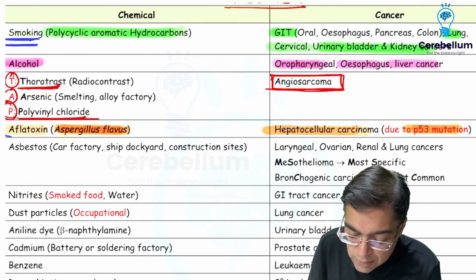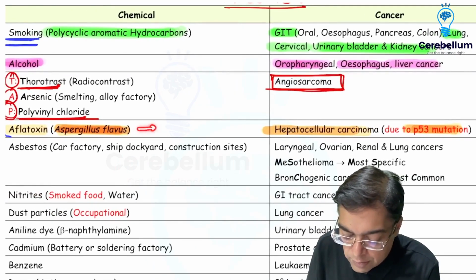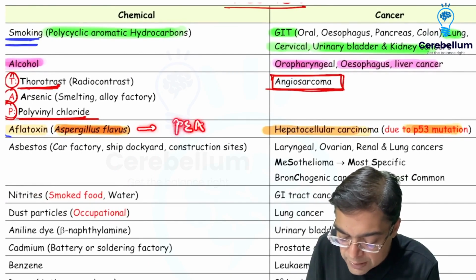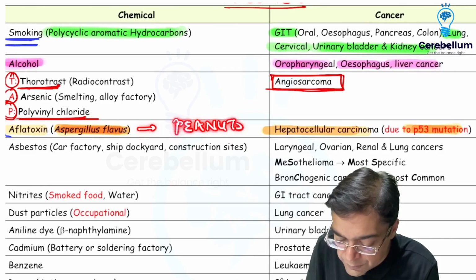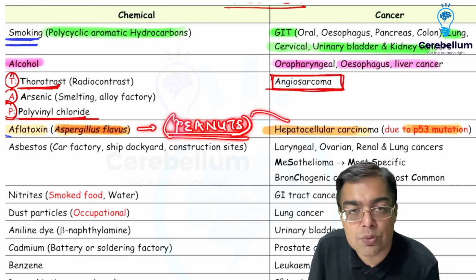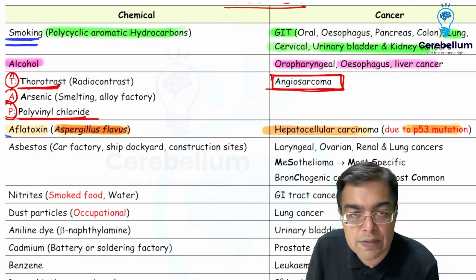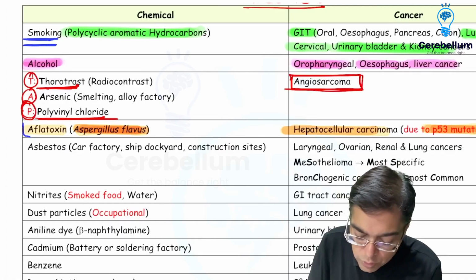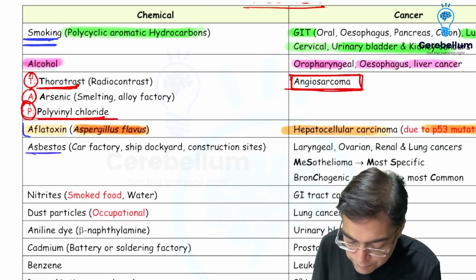What is going to be the reason for the intake of aflatoxin? That is because the person has consumed contaminated peanuts. Fungus infected peanuts have been consumed by the person, and that is what is going to contribute to development of the liver cancer. If you are talking about exposure to a chemical like asbestos,